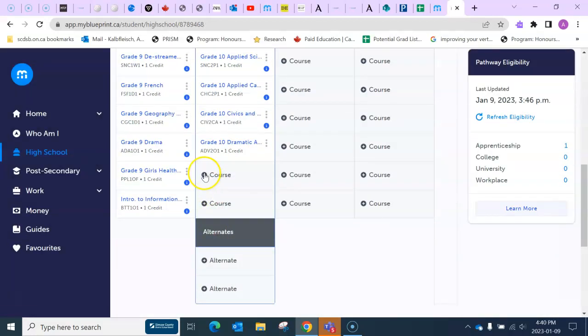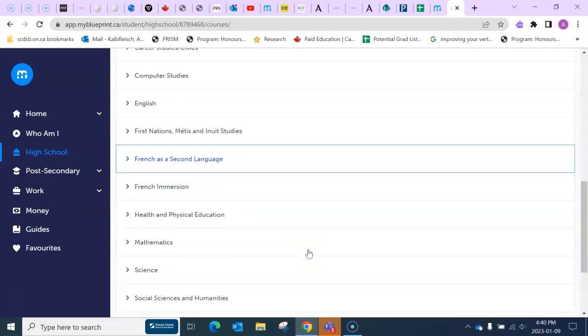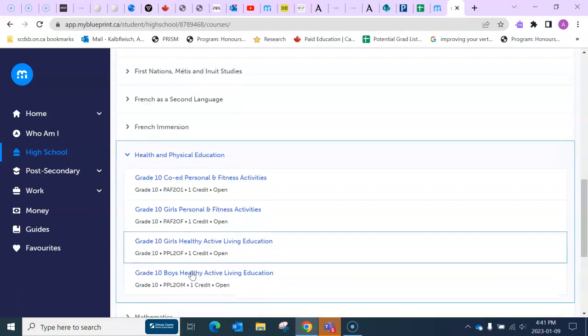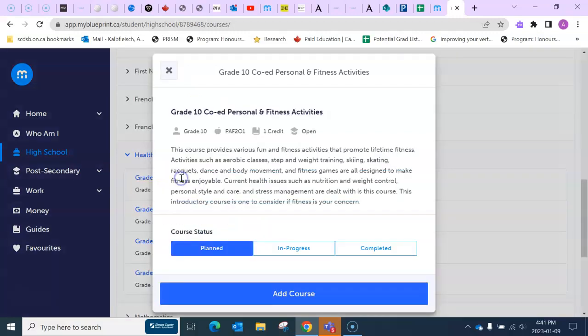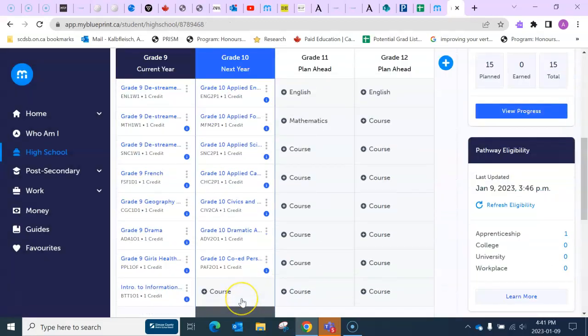I have to do the same thing for 2 more electives. So I just want to see my grade 10 options for health and physical education. I've got a co-ed fitness, an all-girls fitness, and all-girls healthy active living, which is sports, basketball, volleyball, badminton, etc., or an all boys. I think I want to take the co-ed, add it in, and